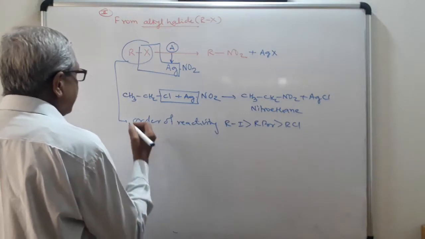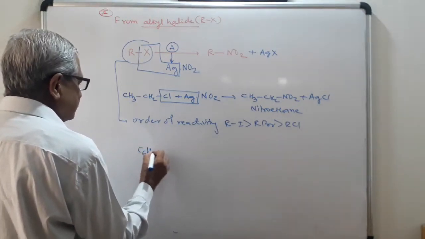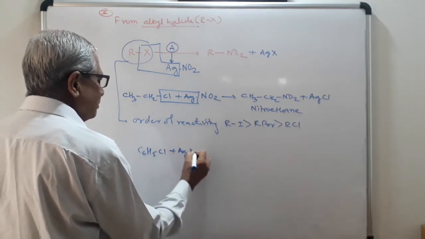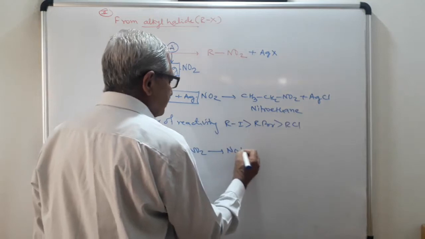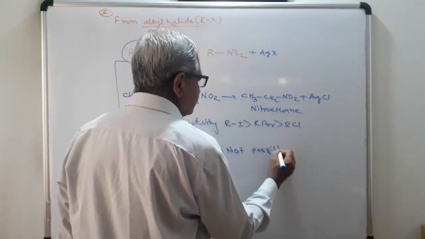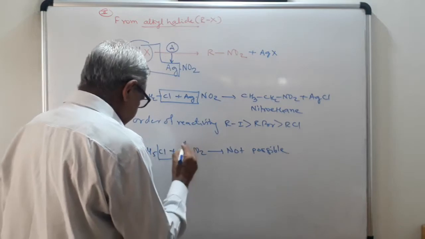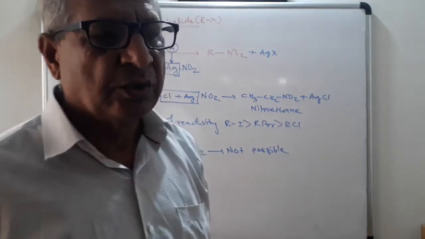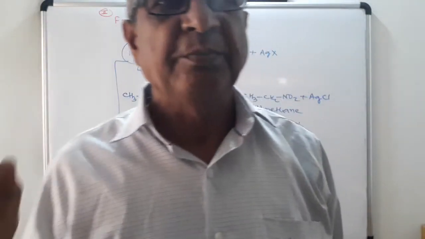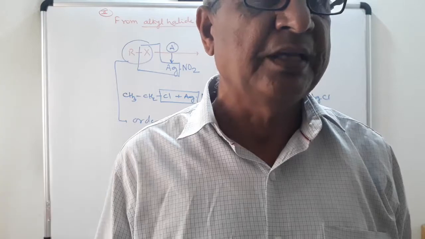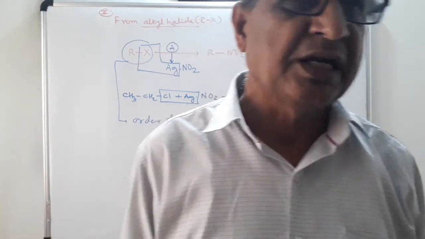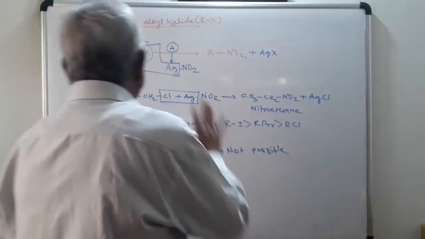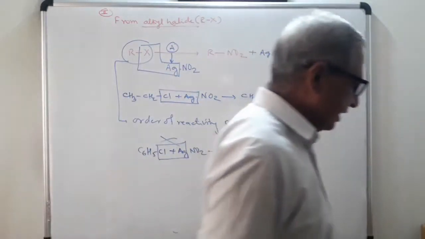Now when you will take the C6H5Cl or take here chlorobenzene or bromobenzene, AgNO2, reaction is not possible. Sometimes student may say you can remove here AgCl. This reaction is not possible. So remember that nitrobenzene can be prepared by nitration of benzene ring by using the nitrating mixture. It is a mixture of concentrated HNO3 and concentrated H2SO4. Remember that by this method nitrobenzene cannot be prepared.